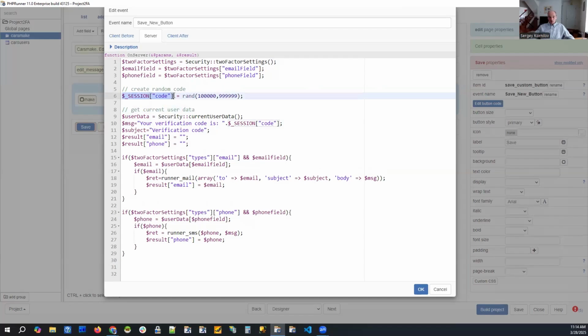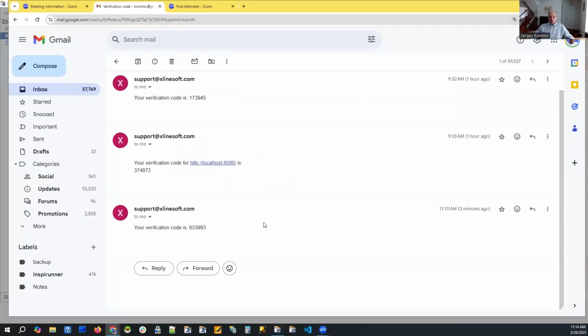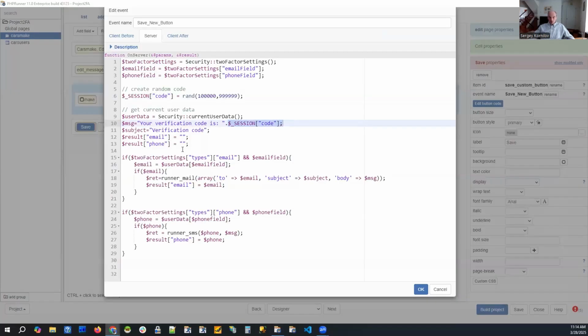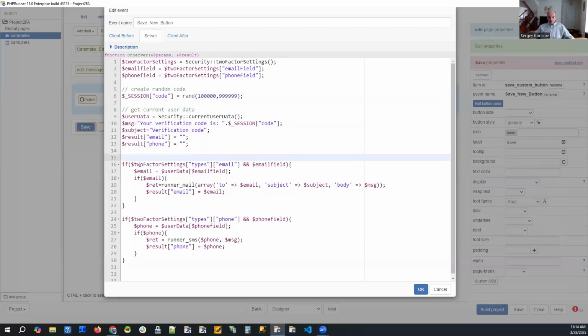That's our session code, it's our code right here. That's how it looks. So your verification code is, and that's our number. That's the actual email I have received. So now I can actually print what this function returns on the screen so you can see what it does. But anyway, we are checking if email